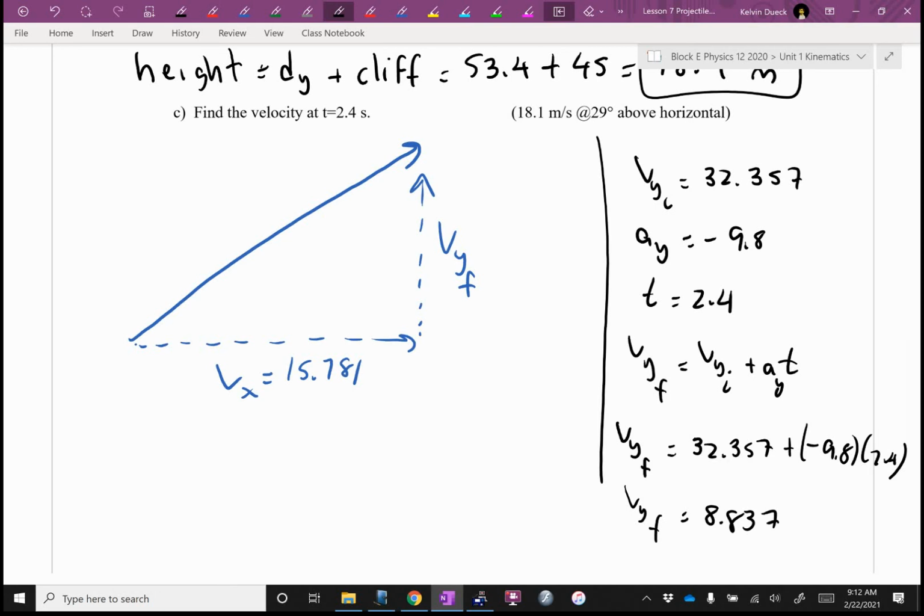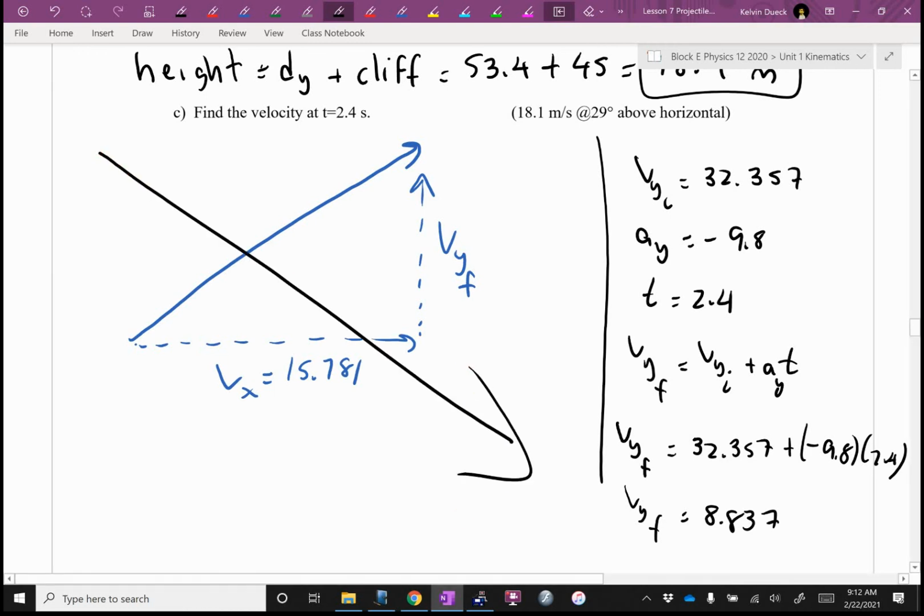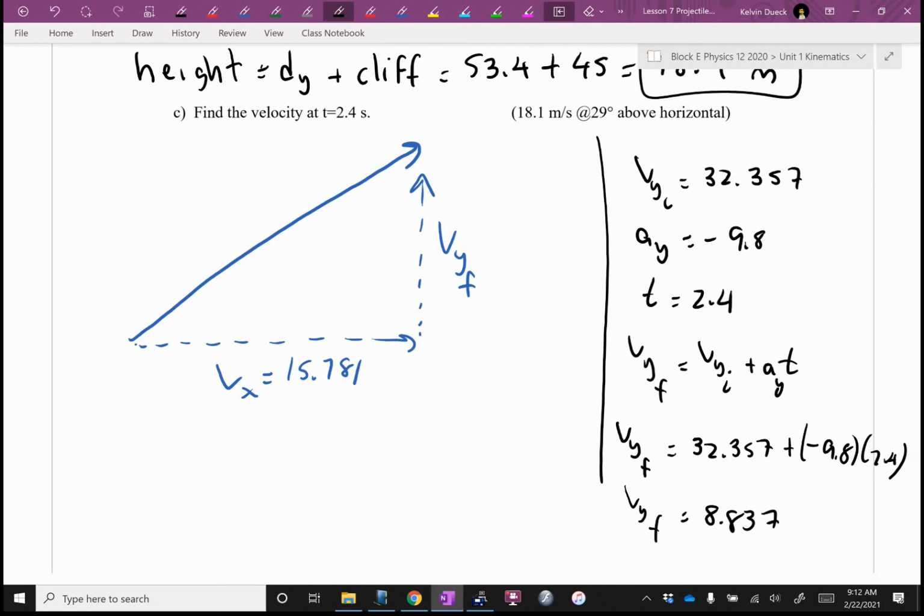What if I got a negative answer for Vy final? You know what? Tell me I should have drawn it that way, and I would quickly correct my diagram. Or I might even calculate Vy final before I even started. Here, I had the advantage of knowing where the top was from part B, but if they hadn't given me that, I probably would have said, well, why don't I find Vy final, see if it's positive or negative? I'd like to know, am I on my way up or am I on my way down? How am I going to draw this? But in the meantime,